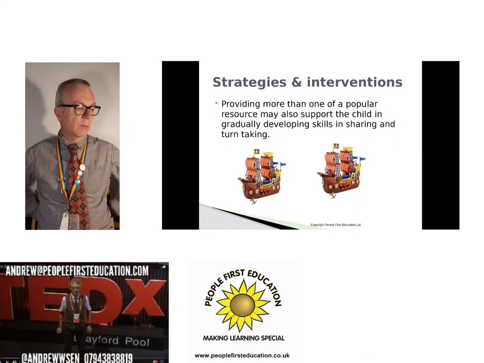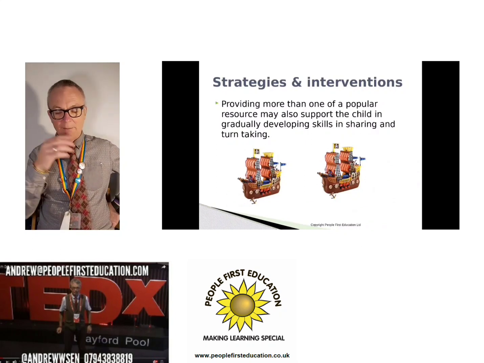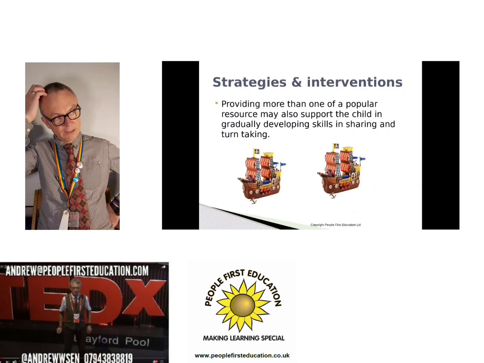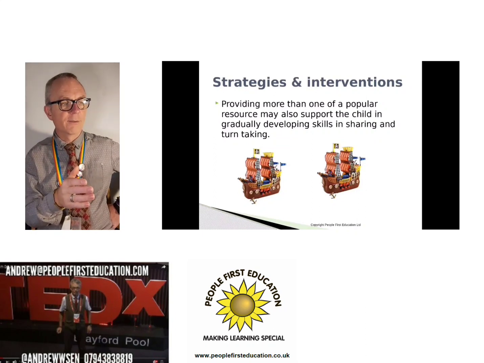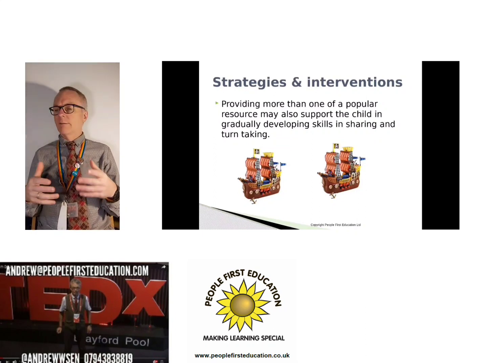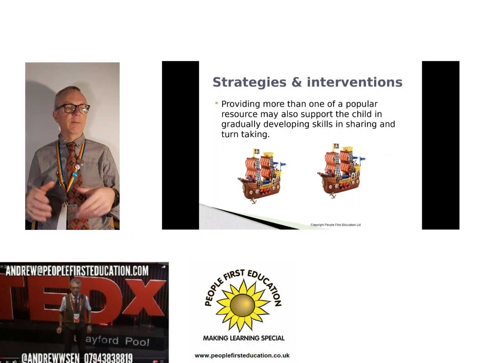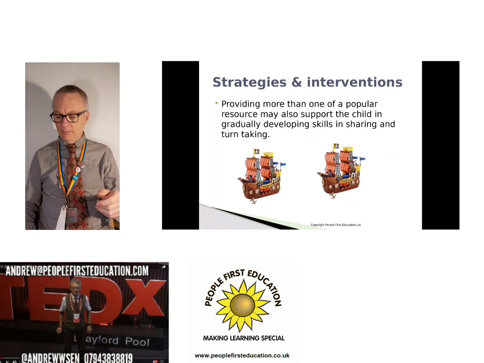But whilst you do want them to have access to that, you also want the other children to have access to it. So when you're looking at your budget, what you can get for this child or that child's interest, don't automatically write off the prospect of getting an extra thing of something that they like. It makes sense. It's just meeting their needs.